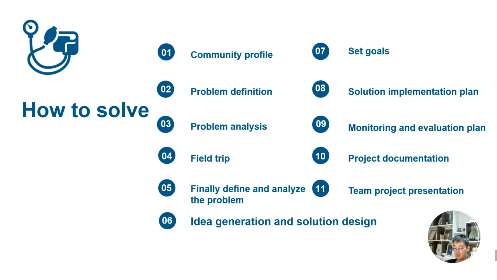From the book Community Health Management: A Problem-Solving Approach, we can learn that solving community public health management problems needs to be divided into 11 parts, including community profile, problem definition, problem analysis, site visits, finalizing problem definition and analysis, idea generation and solution decision, goal setting, solution implementation plan,